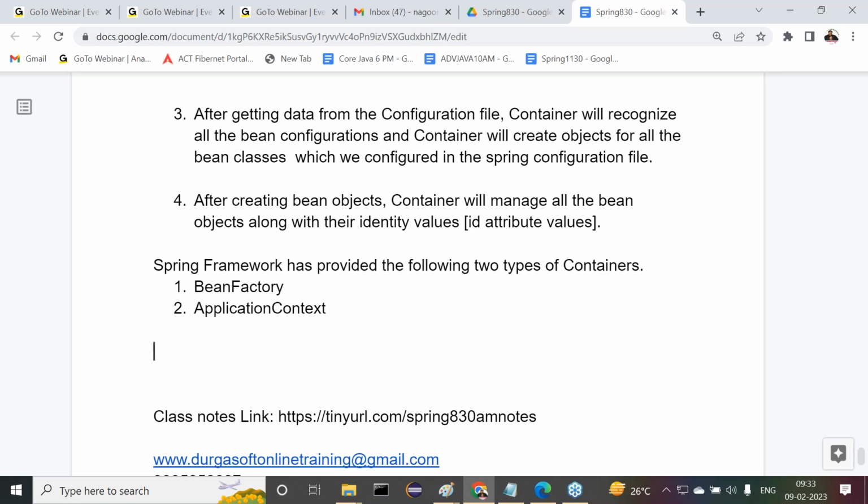All right, as of now, I want to go with application context. I don't want to go with bean factory. Why? Because bean factory is somewhat outdated. Application context is the presently used one. So I want to use application context. Directly, I want to go with that. To represent the application context container,